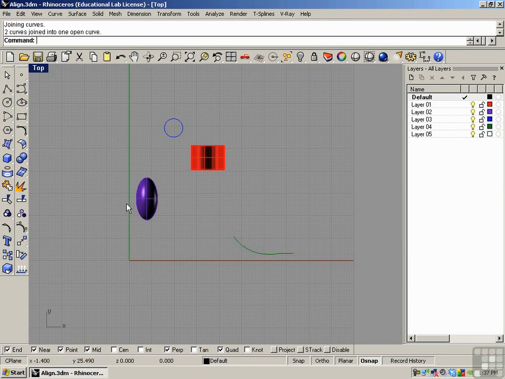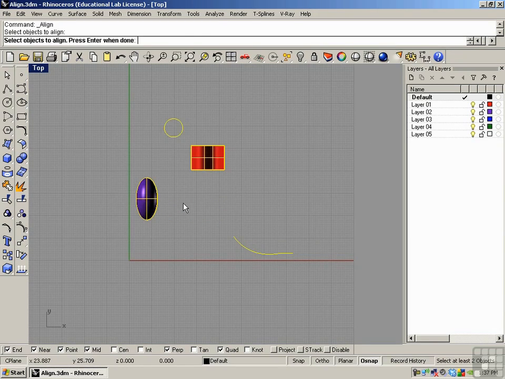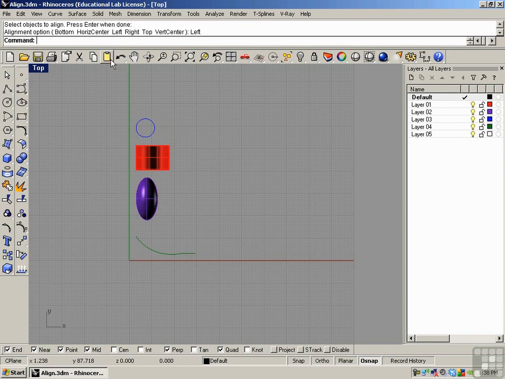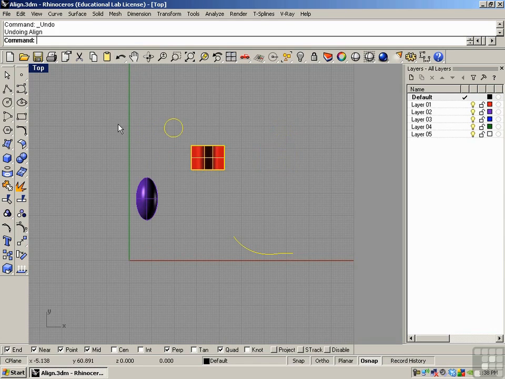So if we exclude this from this command and we do align, select the objects, right click, and choose bottom, you'll see the ellipsoid is the bottommost object. So they all align the bottoms to that. Click undo and right click to repeat the command, select everything. We can choose left, so it'll find the leftmost part of the leftmost object and align them, and so on and so forth. Right, select all of them, top,